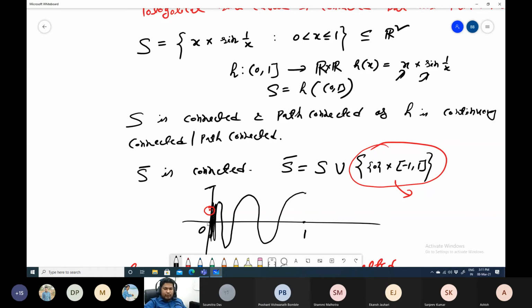हाँ, तो इसका मतलब अगर तुम मान लो कि ये पॉइंट लेते हो वर्टिकल लाइन में कोई भी एक पॉइंट, अगर तुम एक स्मॉल नेबरहुड ऐसे लेते हो, तो ये नेबरहुड जो ऑक्सीलेट कर रहा है उसको टच कर जाएगा, क्योंकि इसमें तुम्हारा कुछ डेल्टा ज्यादा पॉइंट रहेगा यहाँ पे। तुम इसका प्रोजेक्शन ले लो, तो ये प्रोजेक्शन 0 में एक ओपन इंटरवल होगा, डेल्टा नेबरहुड 0 का। अब 0 के डेल्टा नेबरहुड में जो एक्स होगा, उस एक्स के लिए साइन 1/x ऊपर में चला जाएगा, मतलब x साइन 1/x ऑक्सीलेट होता रहेगा। तो ये जब ऑक्सीलेट करेगा, तो तुम जो ये नेबरहुड ले रहे हो, इस नेबरहुड के साथ भी ये इंटरसेक्ट हो जाएगा।